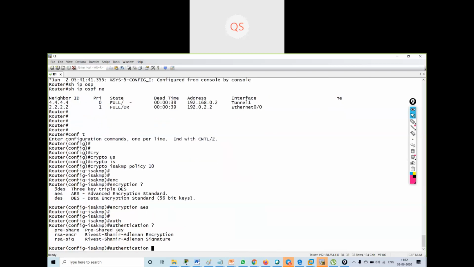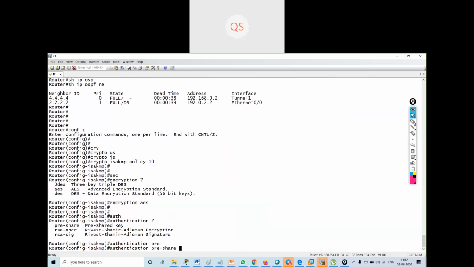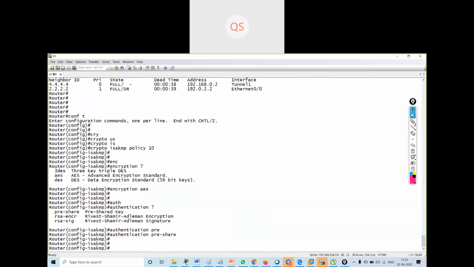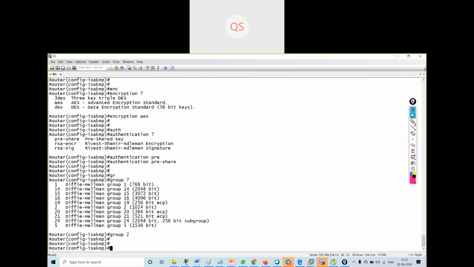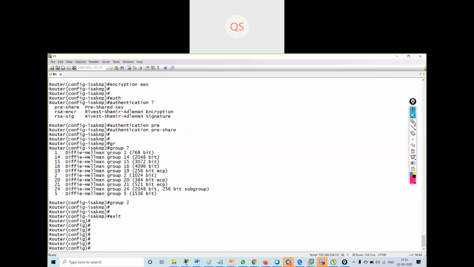Authentication type is pre-share key, and group number 2. Group number will specify how strong is the algorithm. So I have created the ISAKMP policy, selected AES encryption, and the authentication will be a pre-share key.